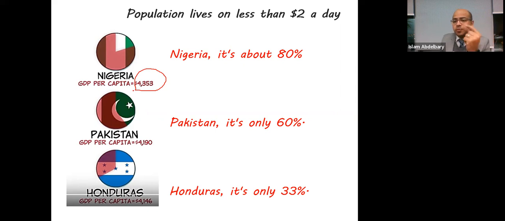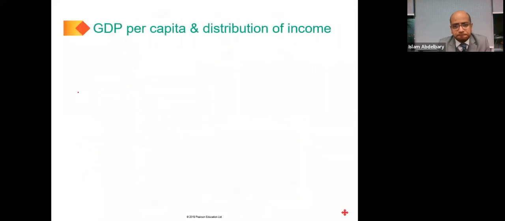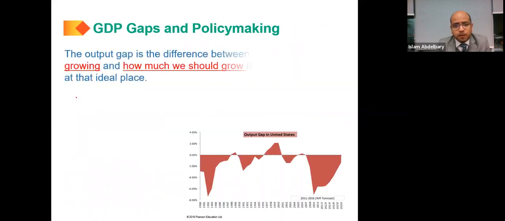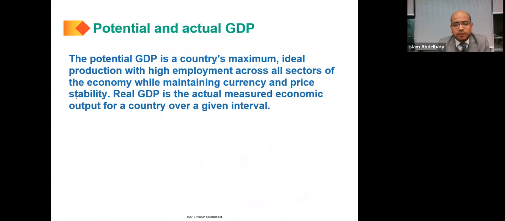Okay. So the problem in using GDP per capita is the income distribution, income inequality, and this is a big issue. Maybe we can explain it a lot during this course, maybe at the end of this course. Income inequality. Up till here,